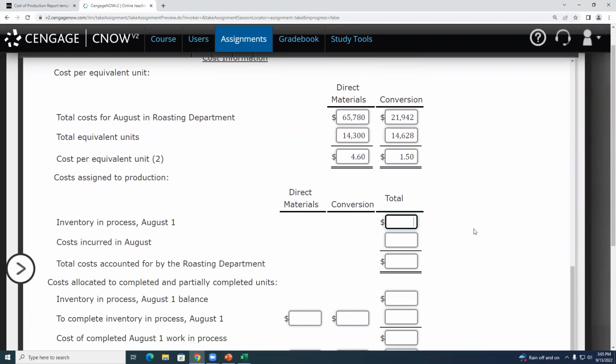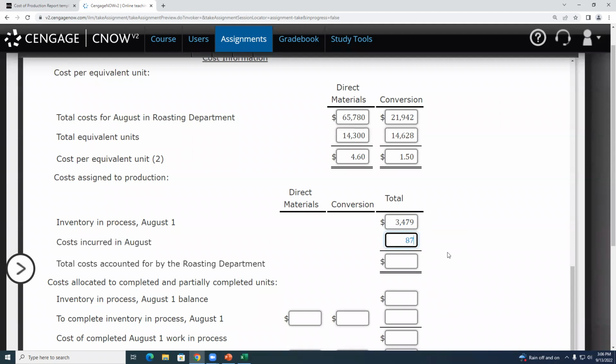The last part of step 3 is the cost summary. So this was given at the beginning of the exercise, inventory in process. So these are all dollars in this step. Inventory in process, $34.79. Costs incurred during August includes both the direct materials and the conversion costs, which, remember,